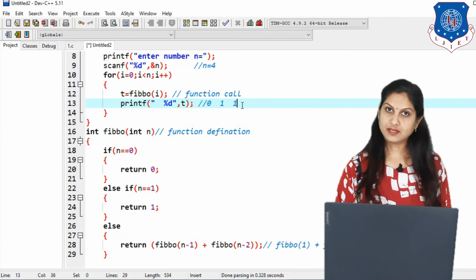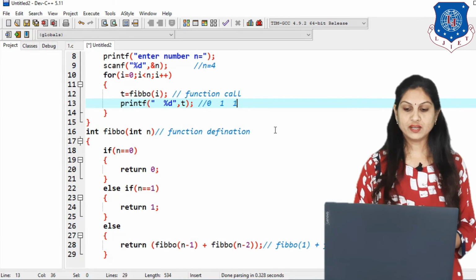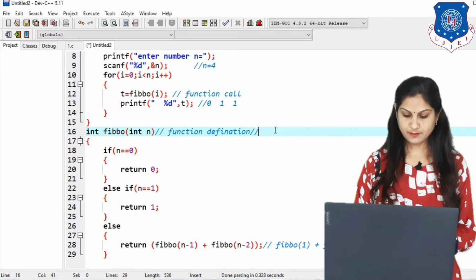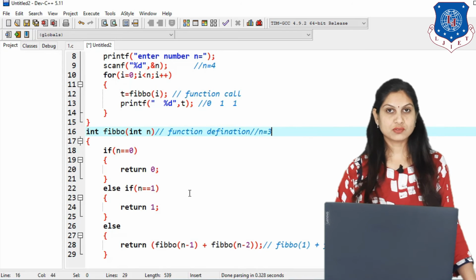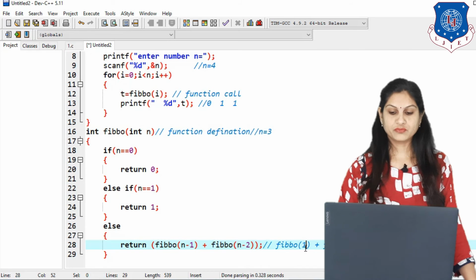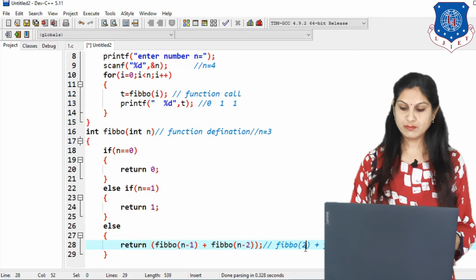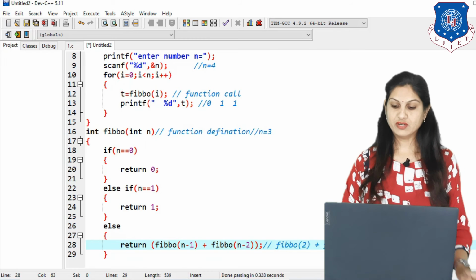Suppose now my I is incremented and it becomes 3. Then here our n is 3. So the first condition is false, the second is also false, and we move on to the else part, and the term 3 minus 1, that is 2, will be called Fibo, and then 3 minus 2, that is 1, will be called.